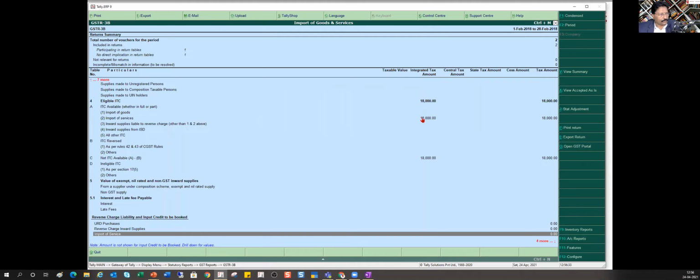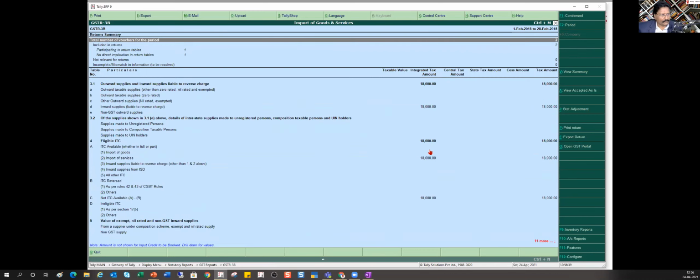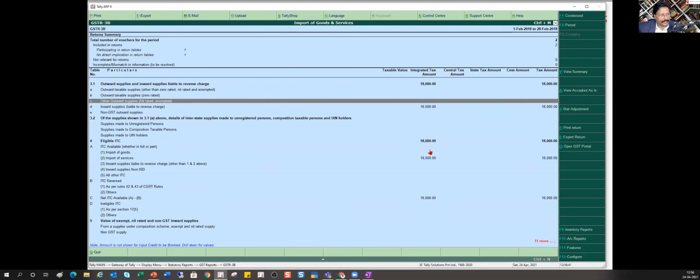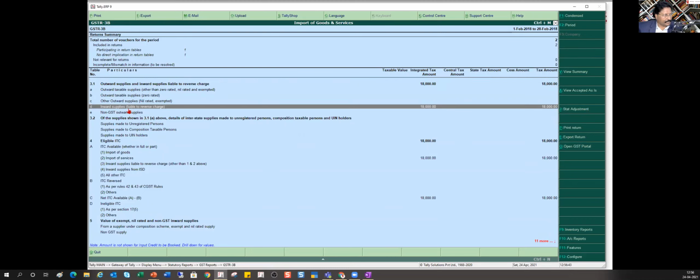It is now showing me my input tax credit also, and my liability, which says inward supply liable to reverse charge. It is showing me 18,000. Since I've said I'm eligible to claim this input tax credit, this 18,000 is also shown as my input tax credit.